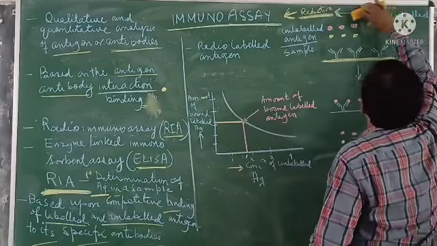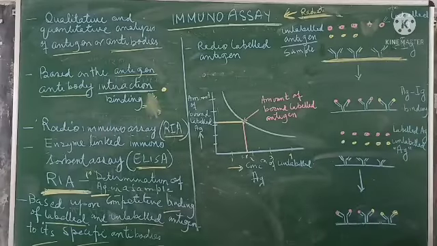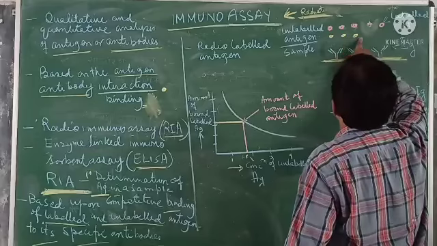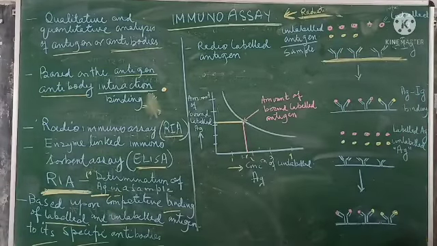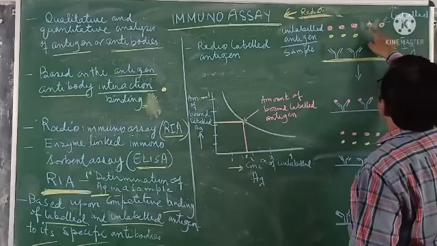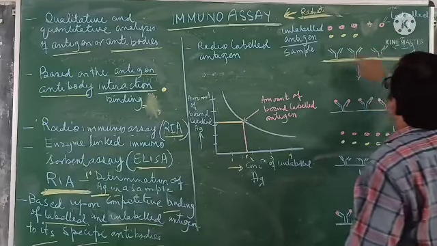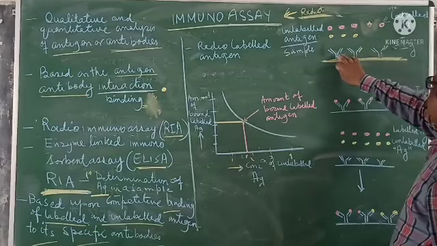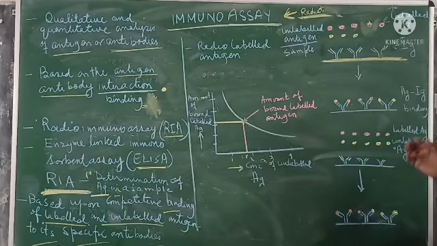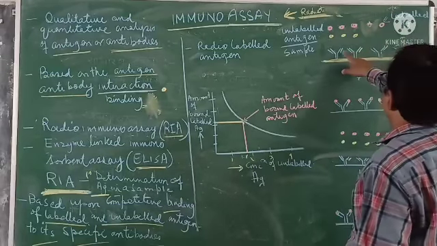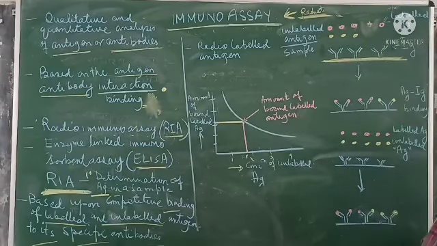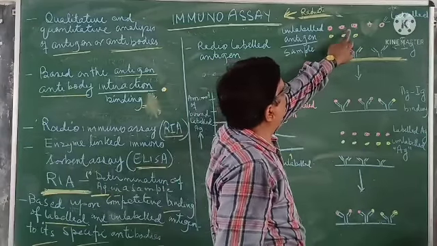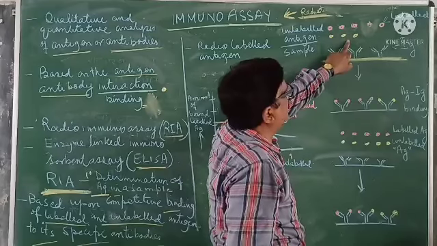Okay, so suppose this is the radioisotope-labeled antigen, and some unlabeled antigen of the same nature. Here we can see that the amount of labeled antigen is more than the amount of unlabeled antigen. When these two are present in the test tube along with their antibody, they will compete with each other for binding to their specific antibody. Since in this figure the amount of labeled antigen is more than the amount of unlabeled antigen,